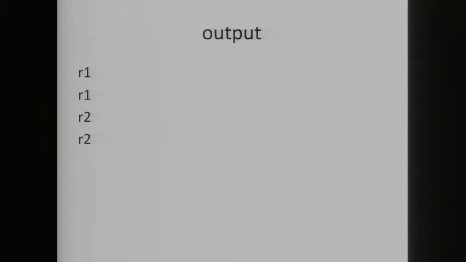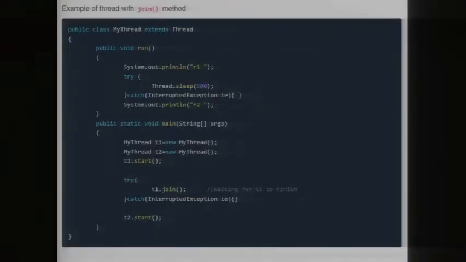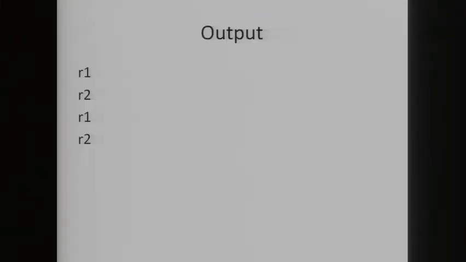Now let's see an example of threads with the join method. In this program, the join method on thread T1 ensures that T1 finishes its process before thread T2 starts. So the output is R1, R2, R1, R2, right?